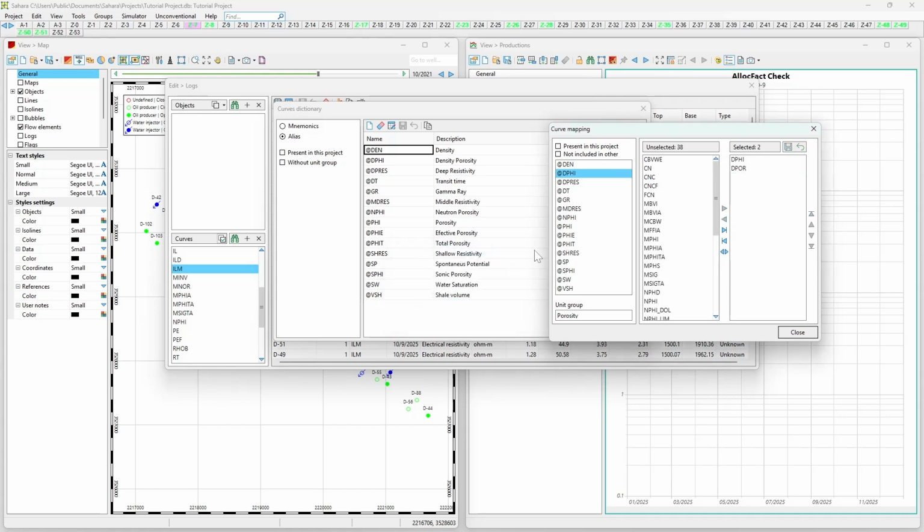We will have different aliases for the more common groups of units of profile of logs. So here, for example, deep resistivity, all these different curves will be selected as possible candidates to be included in this alias. So when we go to the log window and we select deep resistivity, Sahara is going to go through all these different mnemonics, check which ones are really present